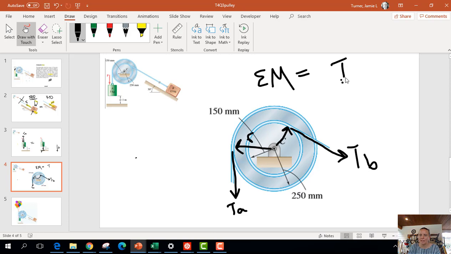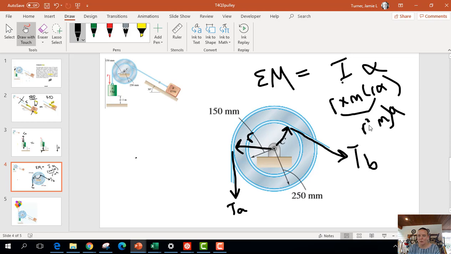It's I alpha. So that's where you say R cross M R alpha. Remember that thing? So you end up with two R's, R squared, M alpha, and your moments turn into inertia times alpha. So force equals ma, moment equals I alpha. And so the kinetic diagram for this guy,